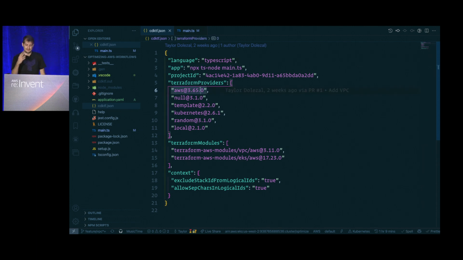But I always recommend to tag as much as possible, and then to be very declarative about all of those updates as you make them. So here, just like Terraform providers, this is where I go and declare those. I'm pulling these in. I'm going to be using two modules from the Terraform public registry today, the VPC module and the EKS module. They use all of these different providers, so that's why there are so many, despite just using two modules. Later on, we can see the two Terraform modules that I'm using, like I said, VPC and EKS, and I've also pinned those as well.